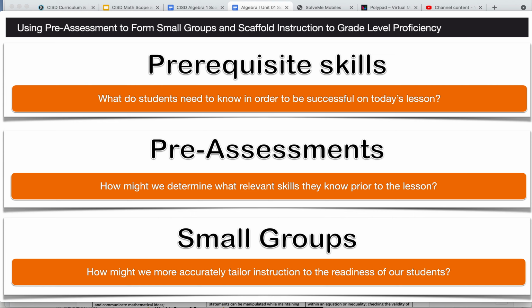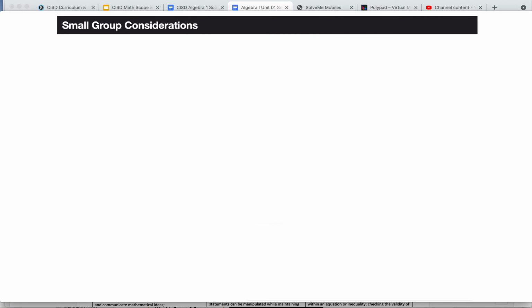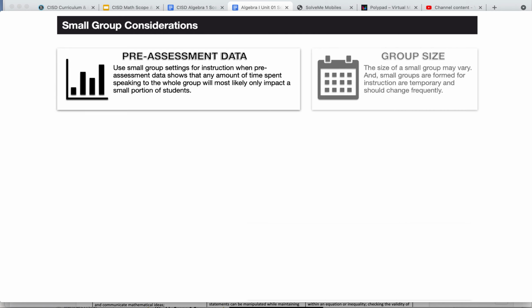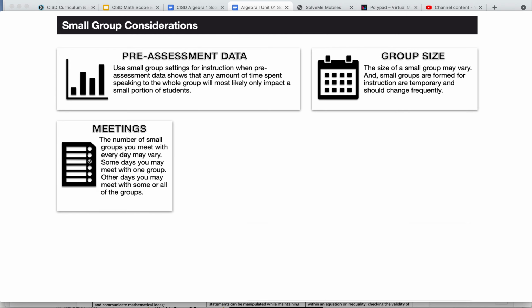So we will form small groups in order to meet them where they are and guide them to understand today's content and today's lesson. As we form our small groups, it's important to remember that we use small group settings for instruction when pre-assessment data shows that any amount of time spent speaking to the whole group will most likely only impact a small portion of students. The size of your small group may vary, and the number of times you meet with a